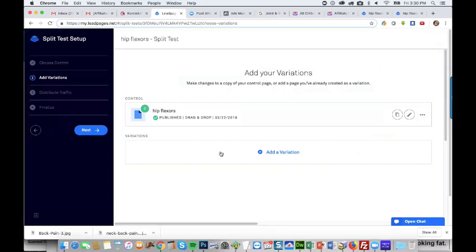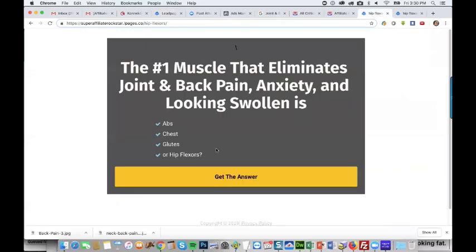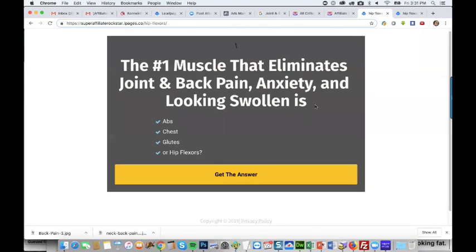Because here's what's going to happen: you're going to get some traffic, hopefully you'll get a few sales, but it's not going to be profitable because a lot of stuff doesn't work. One of the ways you will improve your performance is to come up with different variations of the page, because you want to test. It's pretty simple, but you want to test this headline. You might want to test these, you can put different body parts or different things if you want, and you definitely want to test your call to action. I just had get the answer. You can try a few different things.